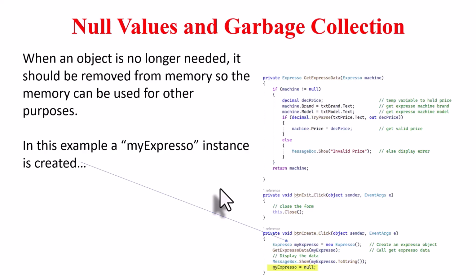Now, this brings up null values and the garbage collector. When an object is no longer needed, it should be removed from memory so the memory can be used for other purposes. In this example, my Expresso instance is created. You can see that right here. My Expresso is being